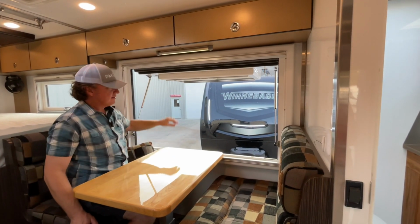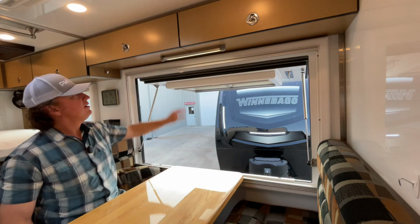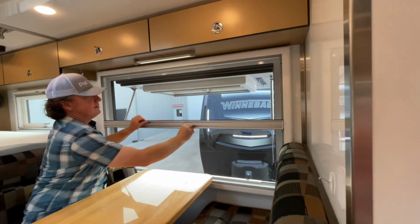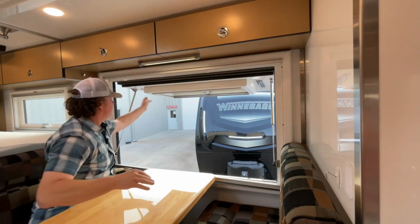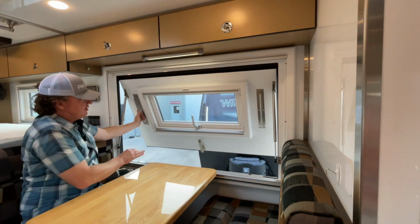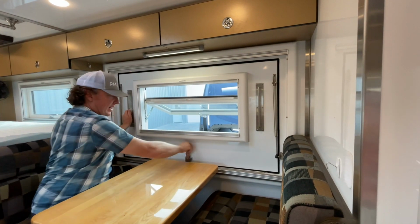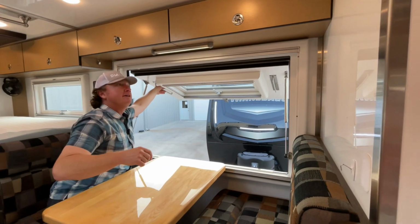Shocks probably haven't been lifted up. So there again, you can do either the sunshade or the bug screen, or you can do the nightshade. Actually, I take that back. So I guess theoretically the idea behind night would just be to simply close it. So come nighttime, gotta get this stuff out of the way, you just basically close it there, make sure, and that would be nighttime. I think there's a lot of wow factor to that, to be able to open that up and be able to bring some of that,